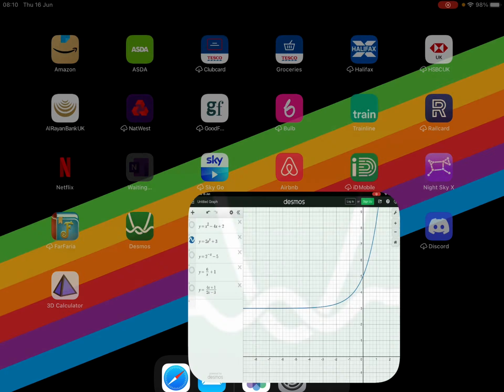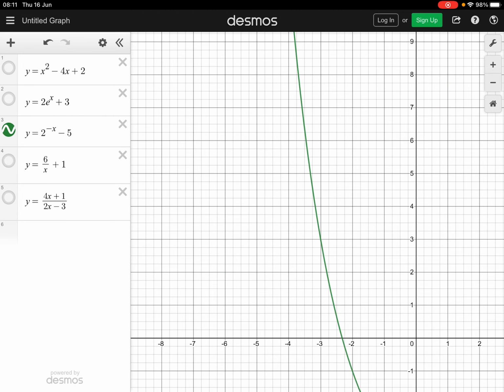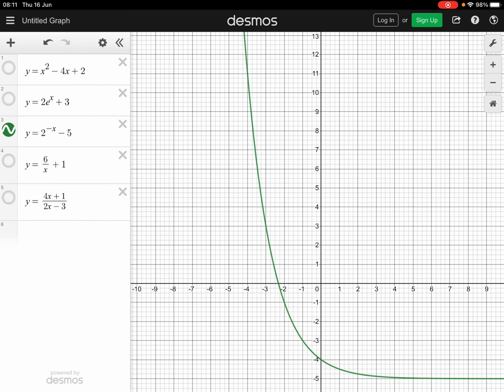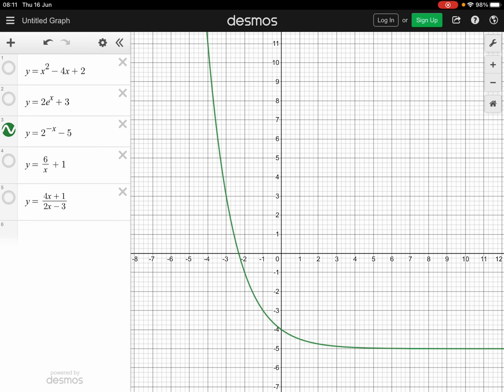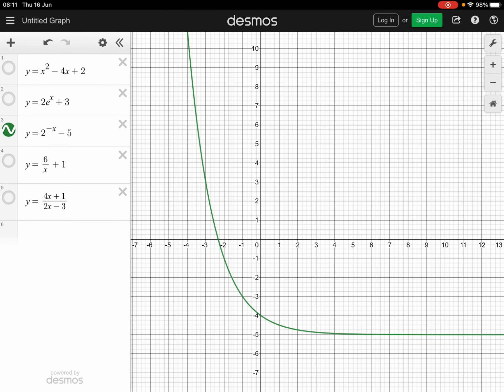Next example. We've got 2 to the power minus x minus 5, which looks like that. And we were looking in the domain of x is greater than 1. So we only want where x is bigger than 1 here. So all of these values down here where x is negative, I'm not interested in any of these. I'm only interested in where x is 1 here. Now I can see when x is 1, y is minus 4.5, and that's going to be the biggest that it can be in this